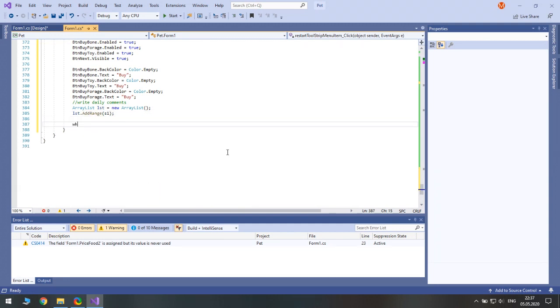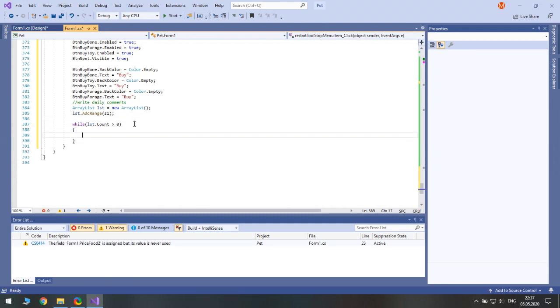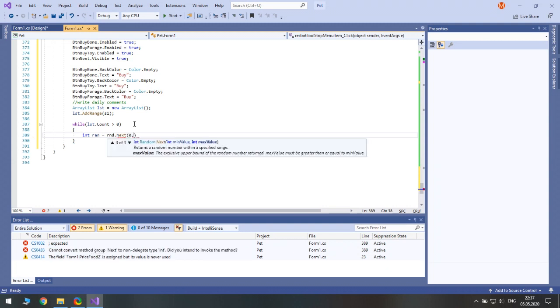And then again, while lst count is greater than 0, we create a random number which must be within the count of the list.